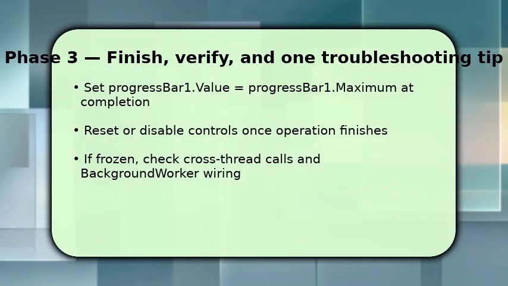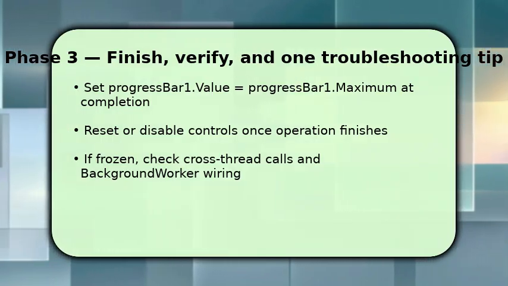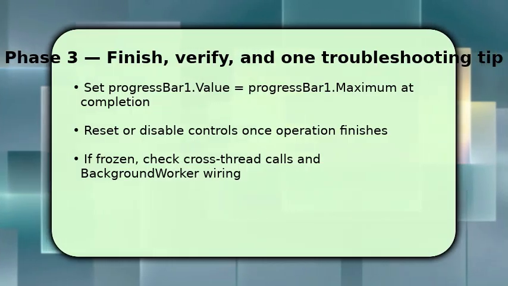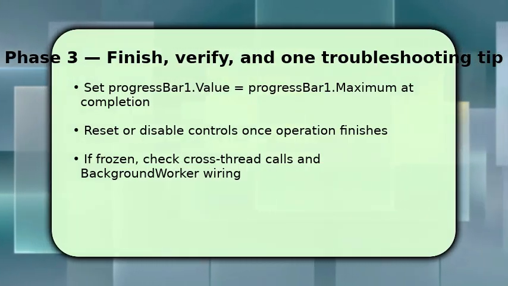If the progress bar never moves or the UI freezes, check for cross-thread updates or a blocking loop on the UI thread. Fix that by moving work to BackgroundWorker or Task. Run and